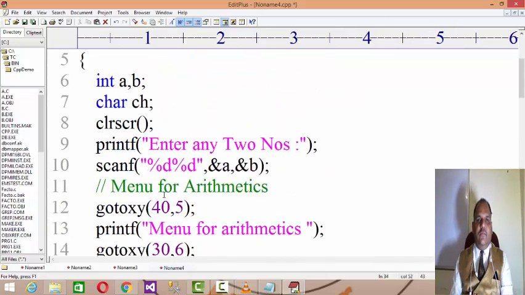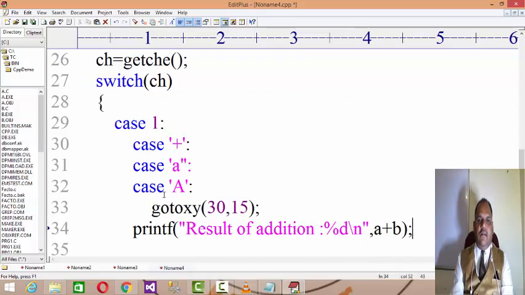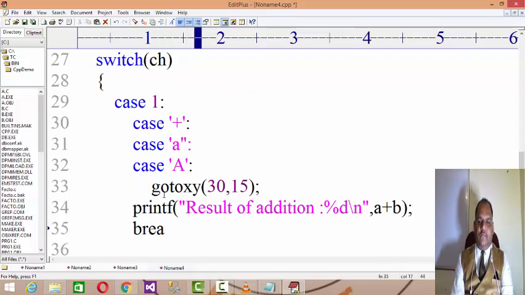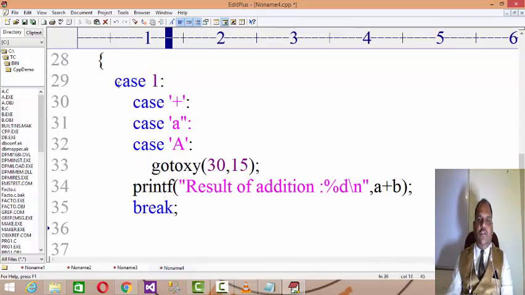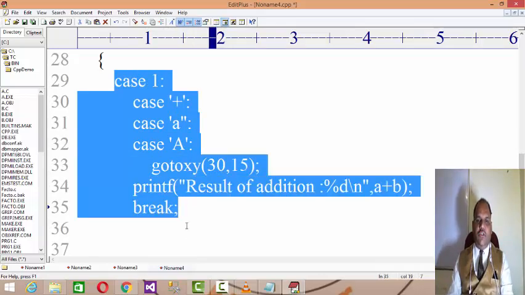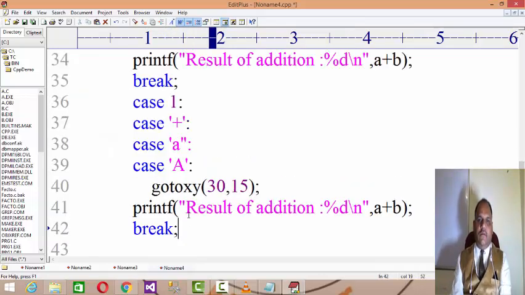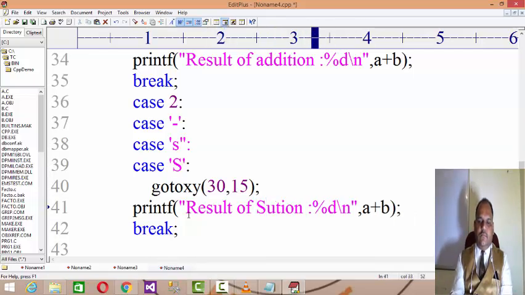You perform the addition of the numbers and break the case. In this manner, now you have to define all the branches. Case 2, subtraction.